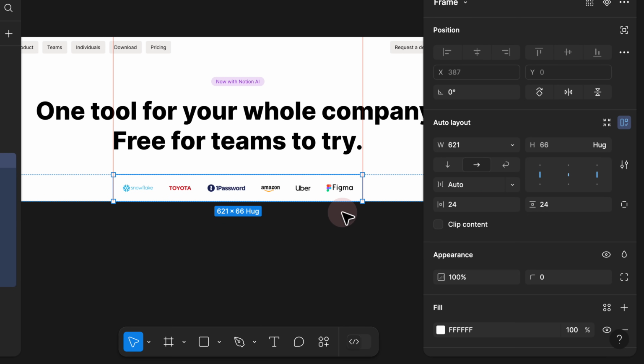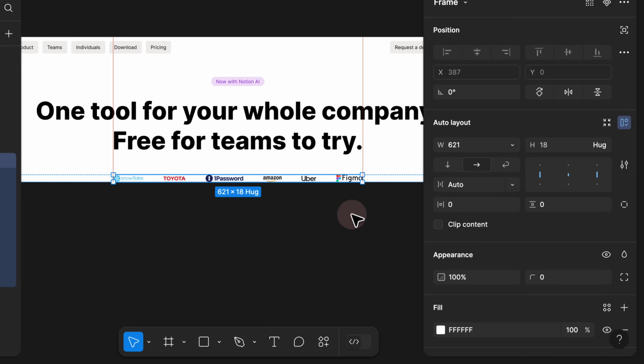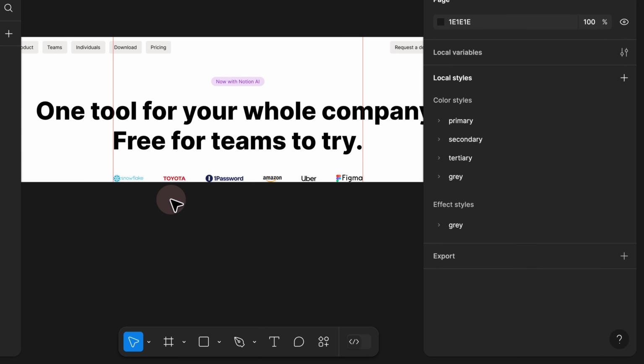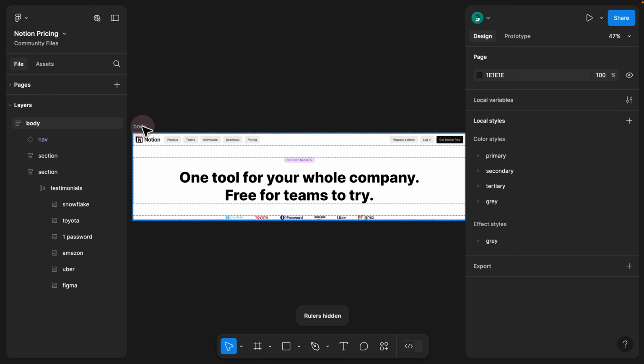Another fix that we need to do is basically remove the excess padding that we have around the testimonial. So we would click the padding and make sure we reset it to 0. And then as you can see, we have our testimonial created. So if I hide the ruler using again Shift and R, now we managed to create our body, which has